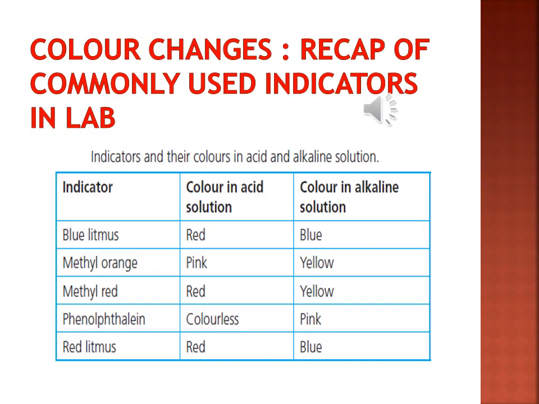Let's take a quick recap of the commonly used color changes we can see in acid, basic and neutral solution. In the case of blue litmus, the acid will give red color. Even acid gives red color with methyl orange also, and with phenolphthalein the acid will not change the color of the indicator, that is, it remains colorless. But some basic solutions do change color. Red litmus turns blue, methyl orange gives yellow, and phenolphthalein gives a magenta pink color.